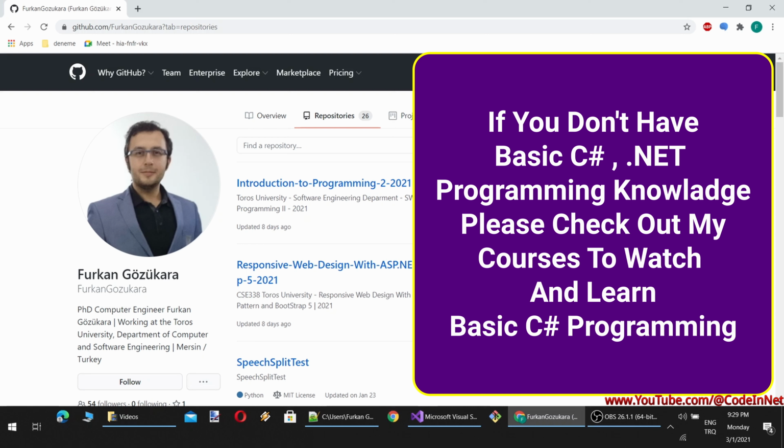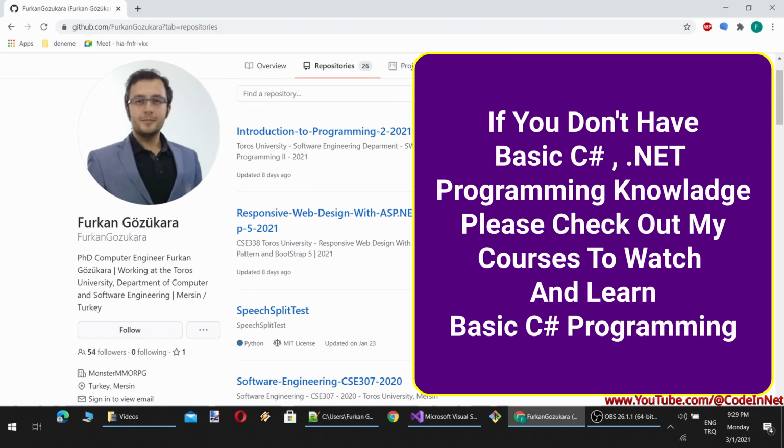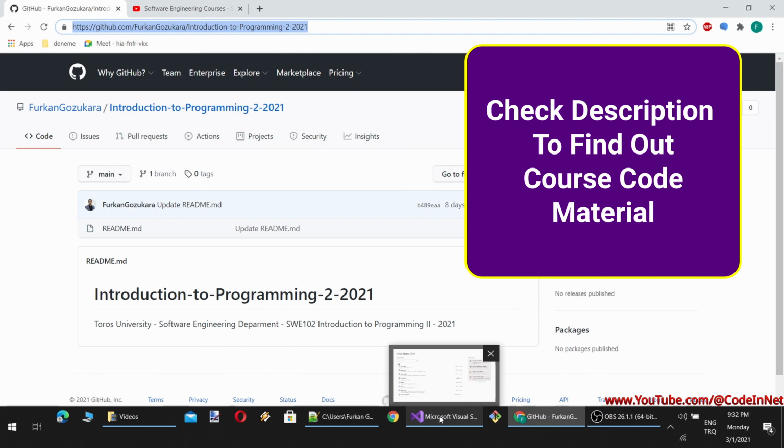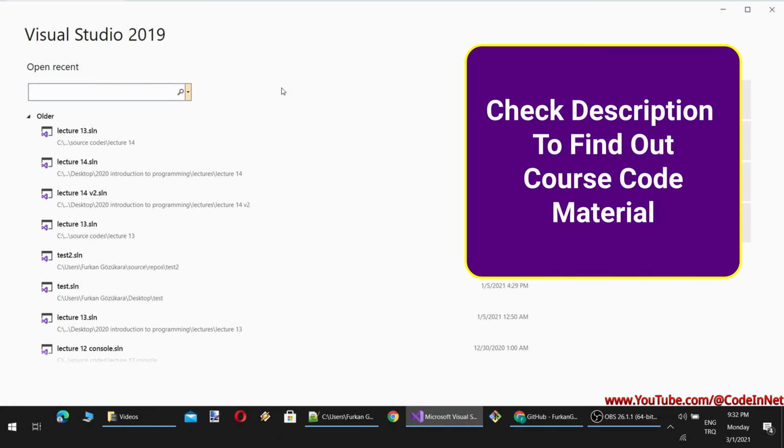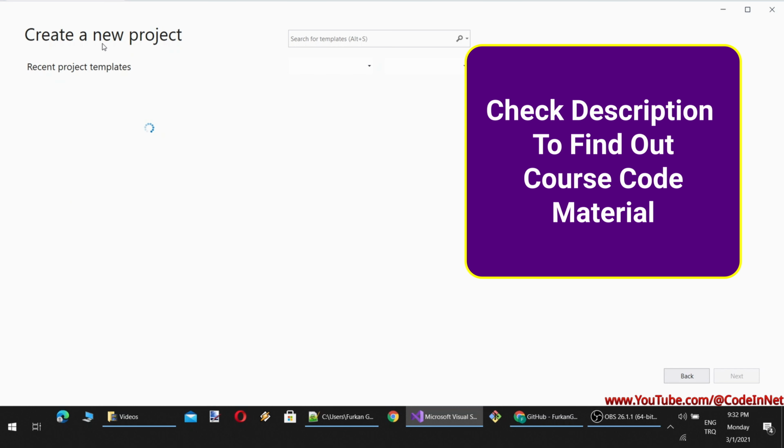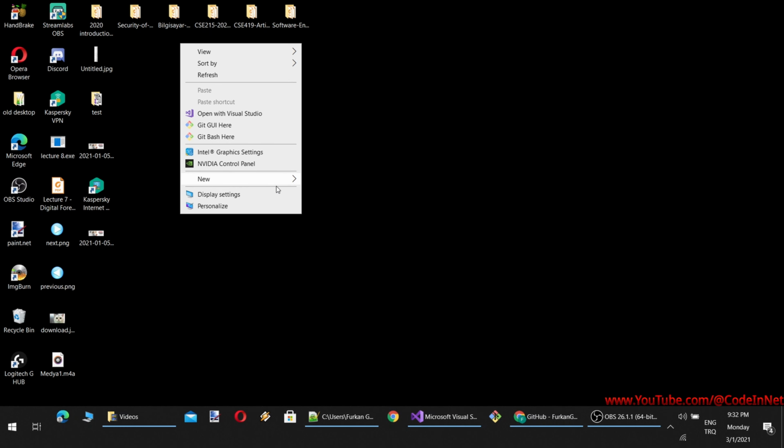We are going to see this course with C#, so therefore you have to have basic knowledge about programming with C#. As for the course, I will be using Visual Studio Community Edition latest version. So let's start with creating a new project. Meanwhile, I will also compose our folder.